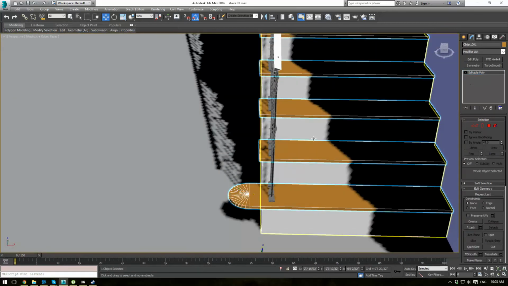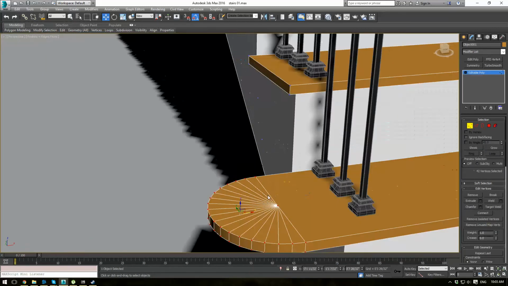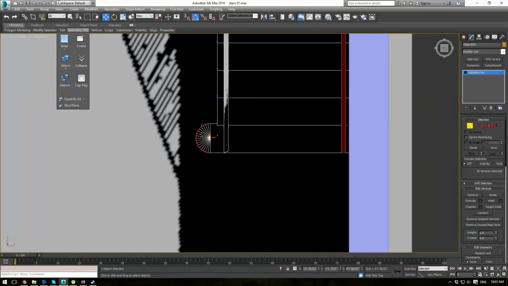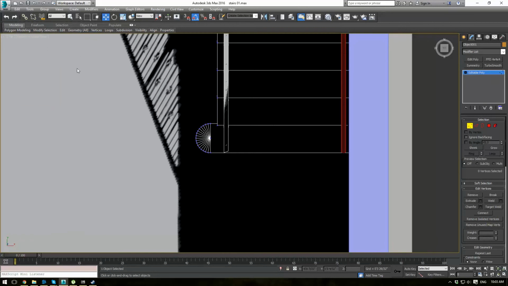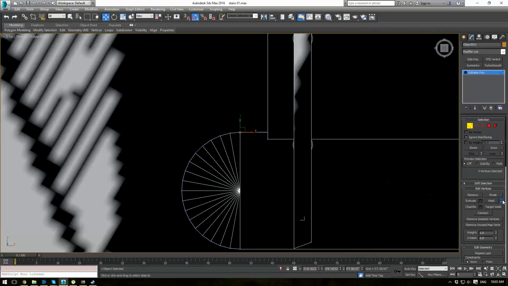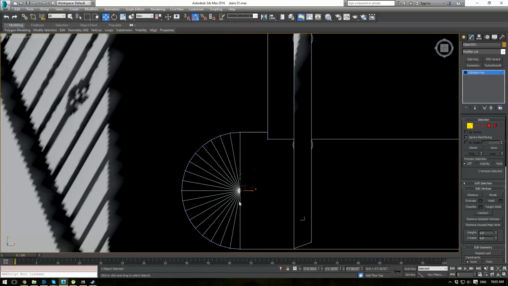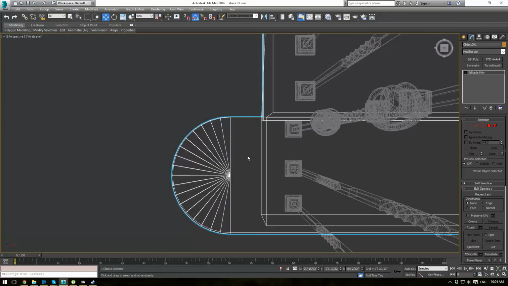Alright. And let's go to the top view here. In the top view, let's grab this guy and weld. Alright, there we go, got him. And I grab this guy and weld. And looks like we got them. Okay, there we go. So now what we can do here